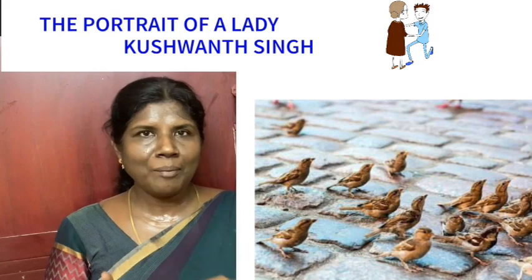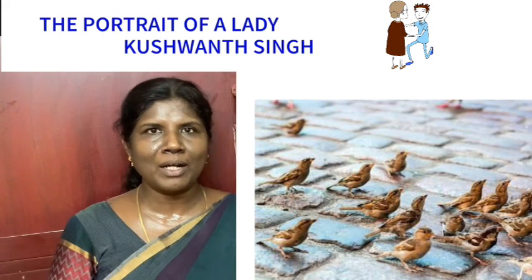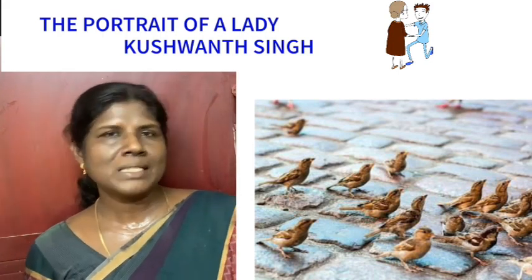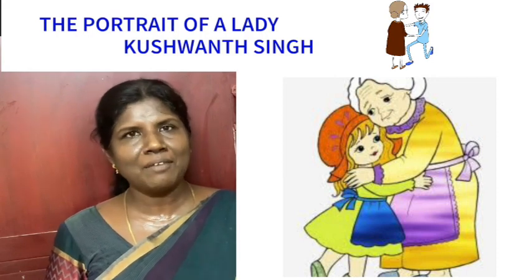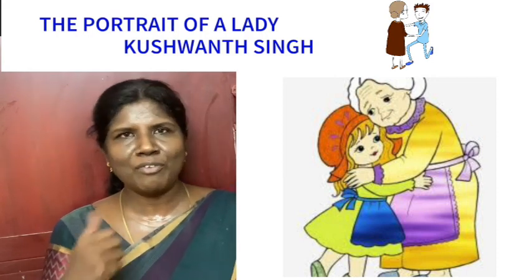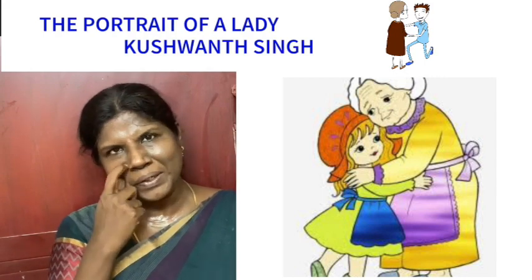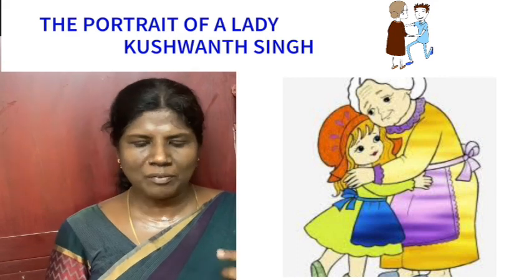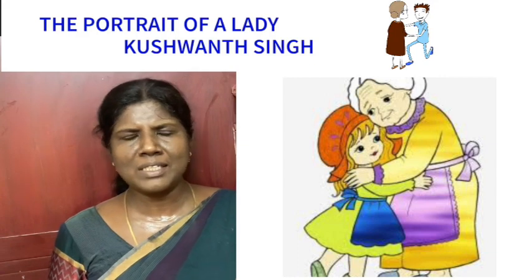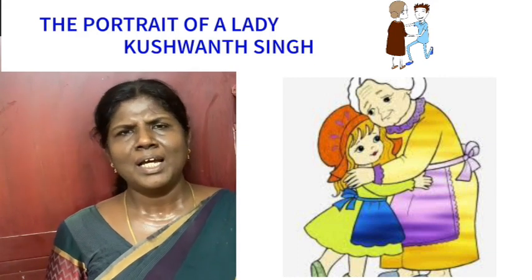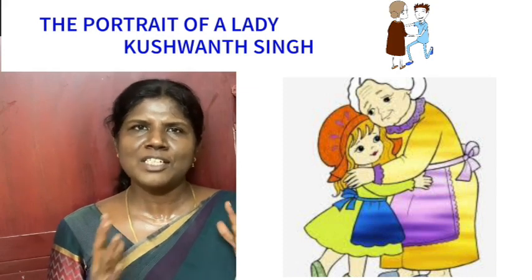You see, the grandmother came to the railway station to leave the boy. She kissed the boy. Again, when they came back, she clasped his hand. There was no word spoken, but this kind of gesture shows how much love she had for the boy and the boy's love for the grandmother. That is how we cherish so many relationships. We give importance to our friends, our parents, even our grandparents, uncle, aunt, cousins. So many relationships are there. The relationship with real love is something to be cherished forever.